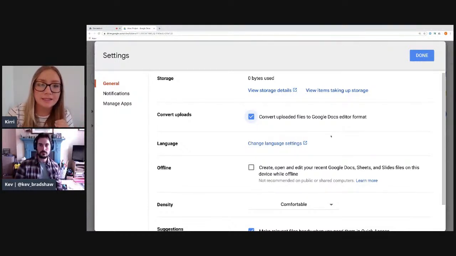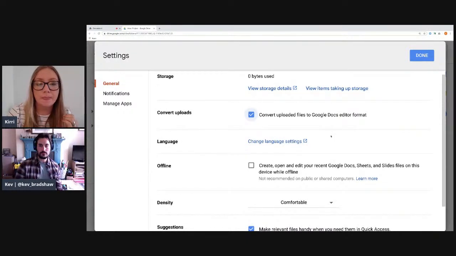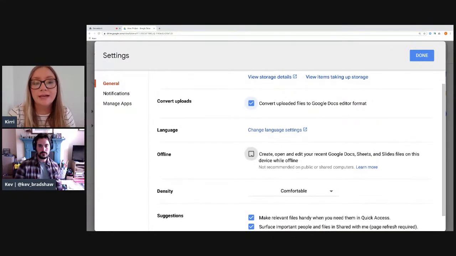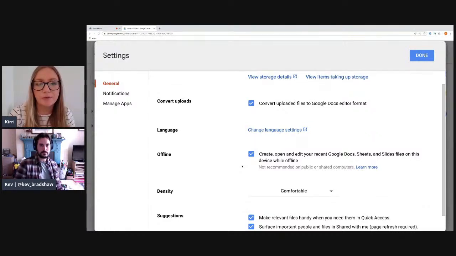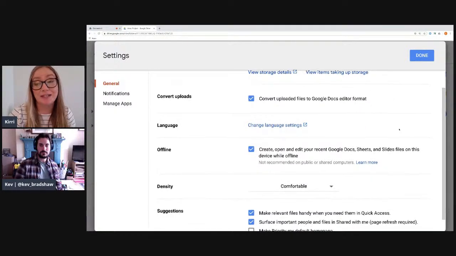One other thing in settings is you can click the offline button, and that will mean when we get back to the time of working on trains or on our commute, or maybe your internet goes down at home, you can continue to work on documents even if you're offline. So even though we're a cloud-based tool and you'd think you need internet access all of the time, you actually don't. Just a couple of things I wanted to point out, because they were useful things I generally hear from other people, and things I got shown quite early on, which is hopefully helpful to you too.